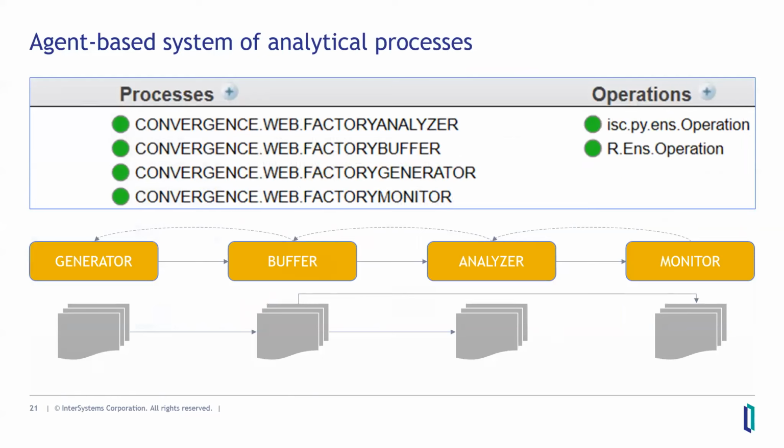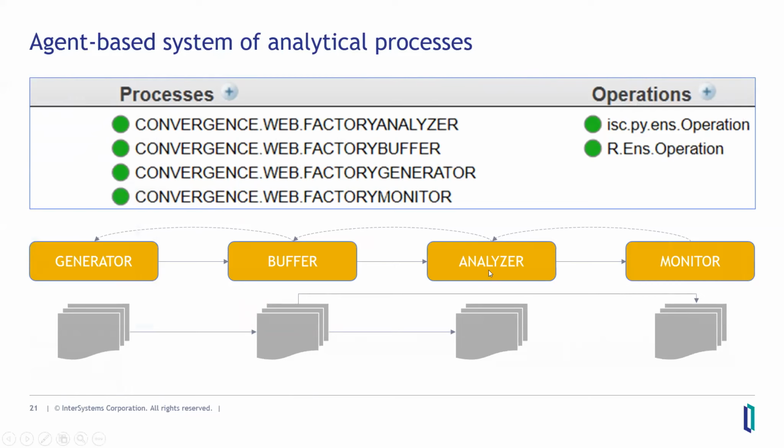And in the demo that we're going to show you now, we are presenting an example of such a system. We have a process that generates input data at regular intervals as files of regular length. We have a process called buffer that reads the input files and organizes queues to make sure we cope with data insufficiency, and we can maintain in that buffer the most actual representation of the training reality and of the reality that we're trying to predict.